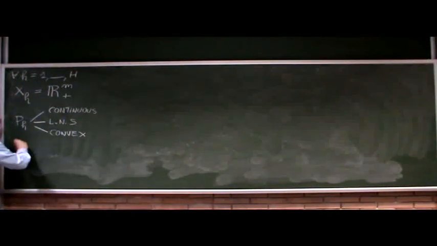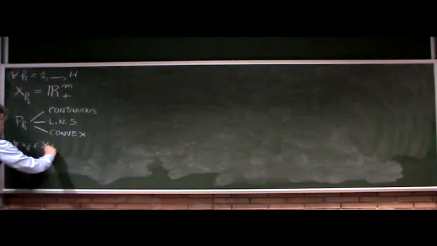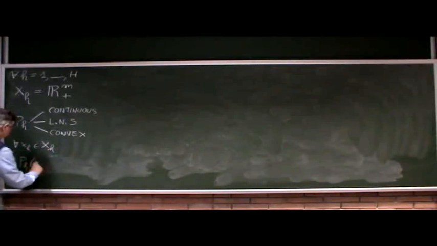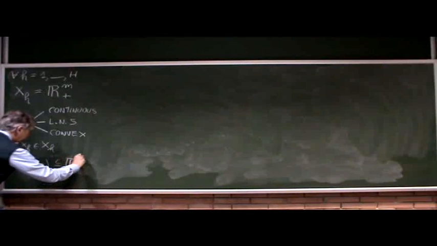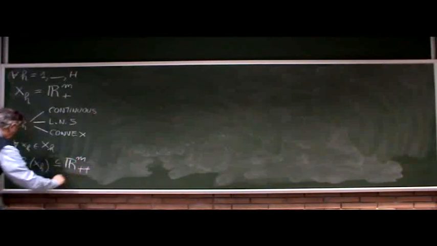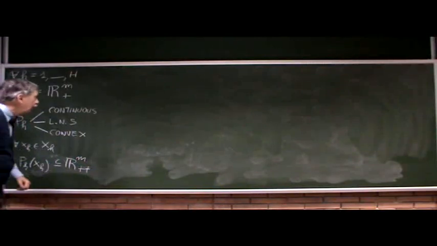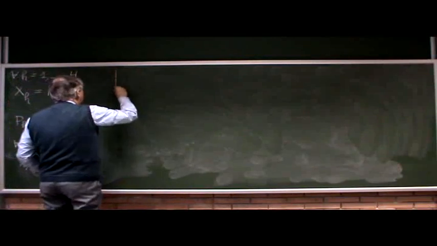For every bundle xh, the inclusion: the set of preferred elements Ph of xh is a subset of the positive orthant. Positive. This means